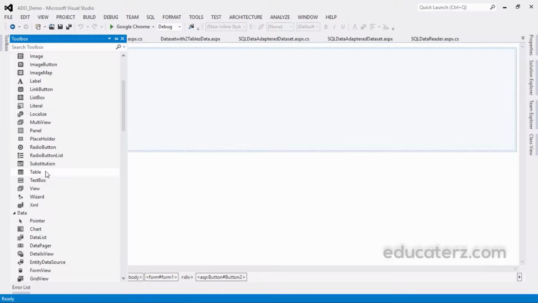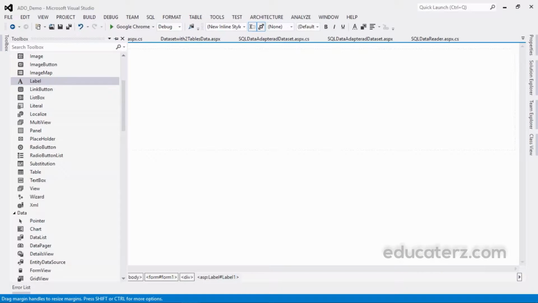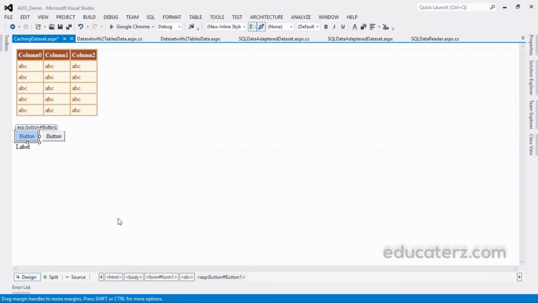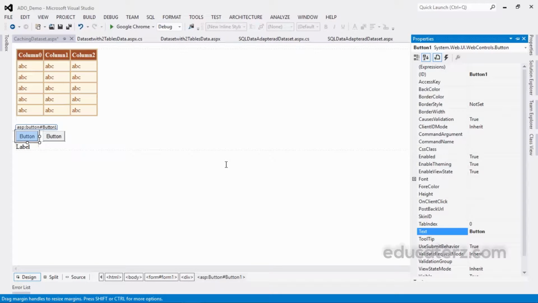The label is to display what is happening, like whether the data is coming from the database or from the cache. I'm setting the first button control ID to btnLoadData, text as Load Data.